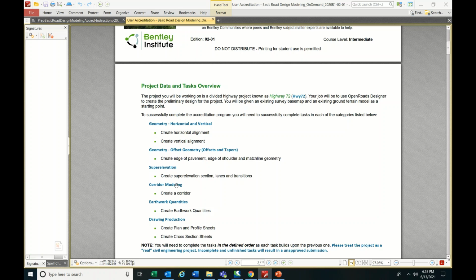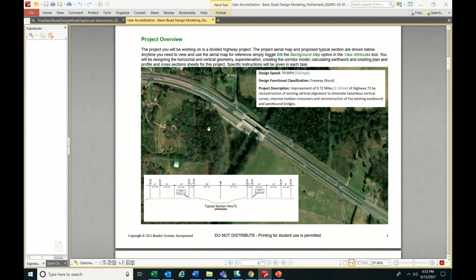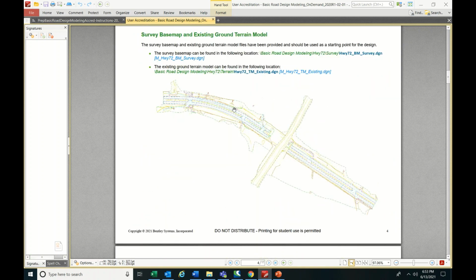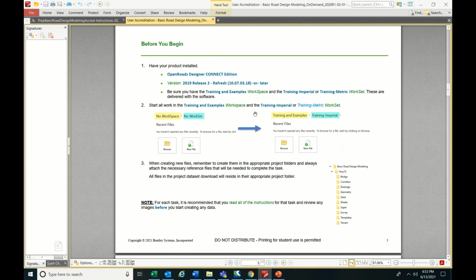Once this is done, you have to carry out the earthwork quantities. After that, the final part will be drawing production. You have to do these total 8 tasks, combine all the files, and upload them in the same folder, not send. Around this is the alignment. You have to carry out this survey file, and they will give the terrain file also, and they will give clear instructions.